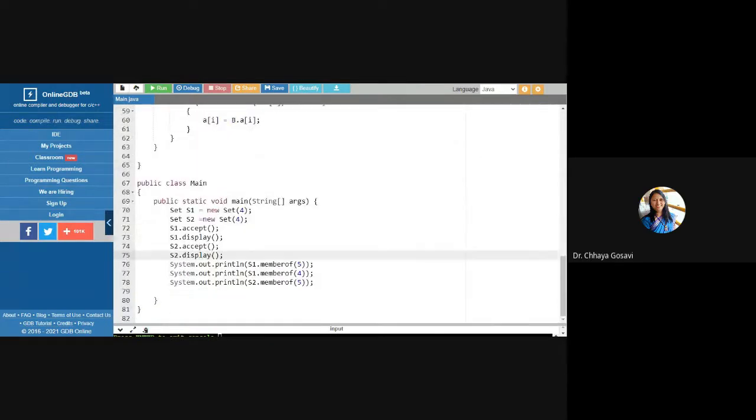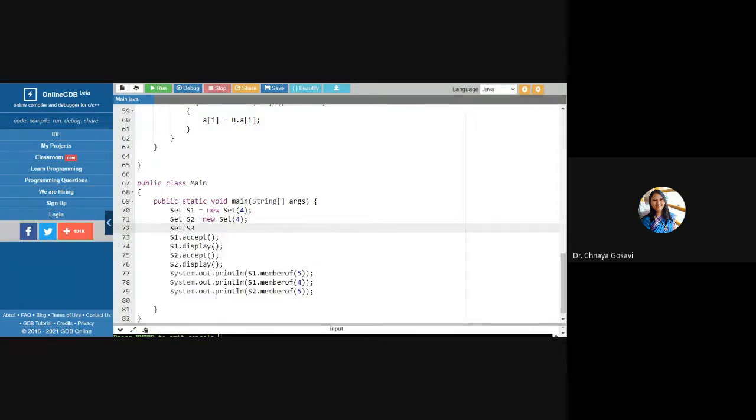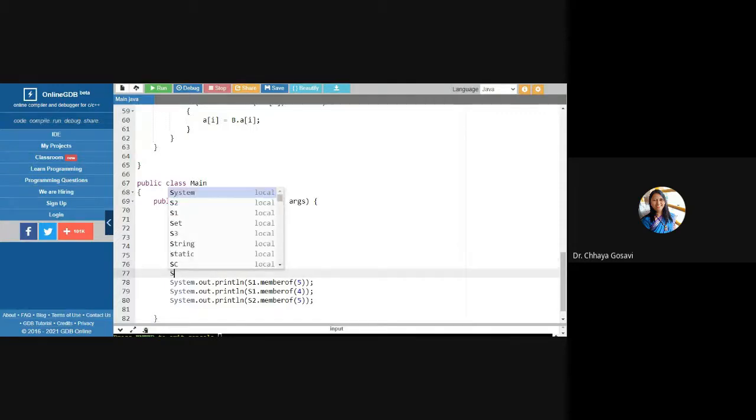And here we'll create one more object, Set S3. Note that here I am creating this set with size say 8, because I want union, and here S3 dot union, and I'll pass S1 comma S2.